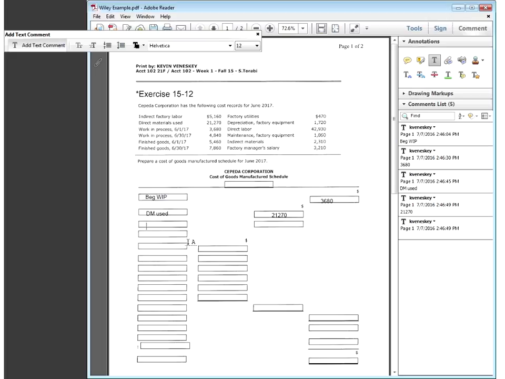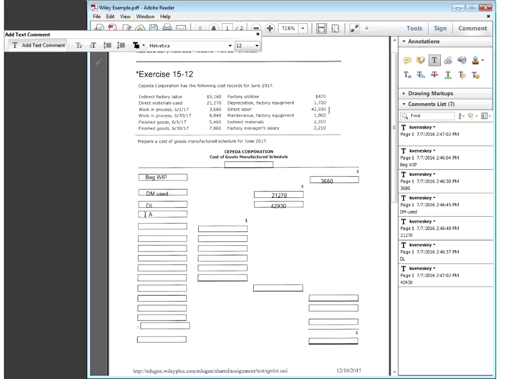And then, like in my example, the next thing that we'll come to after direct materials used is our direct labor. And it tells us that as well, 42,930 over here, direct labor. Now, where my example differs a little bit from this one is they actually want you to go ahead and piece together all of the factory overhead. Instead of just giving it to you like I did in one chunk, they're going to go ahead and have